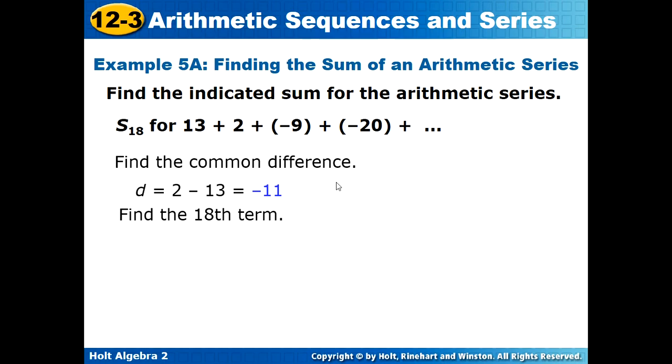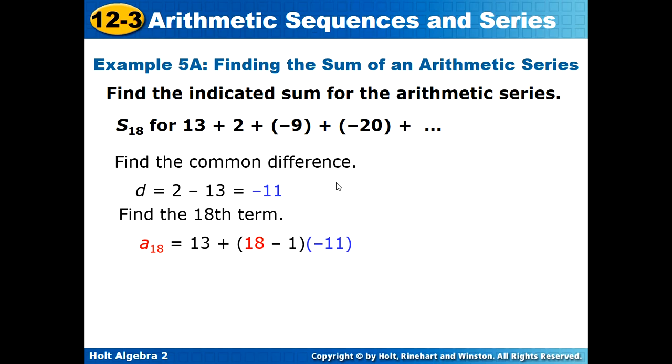Then you have to find your 18th term, because remember, in our series summation formula, we have to know the first term here, which is 13, and the very last term that we want to add, which is the 18th term here. So we need to use the first formula we learned in order to figure out what the 18th term is. And when you look at that, that's 13, because it's the first term, plus 18 minus 1